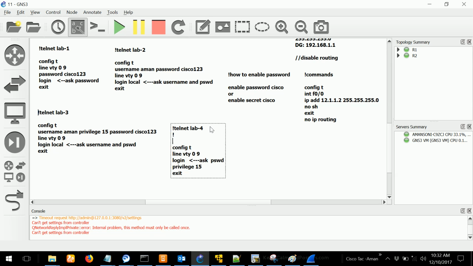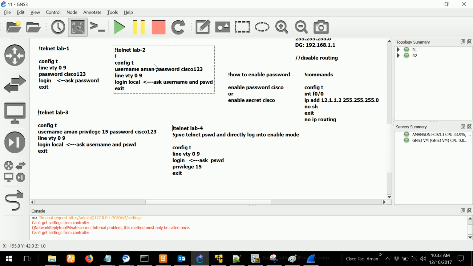So what this will do, give telnet password and directly log into enable mode directly. It doesn't matter who you are, because I am saying whoever is coming to the line VTY will be having the privilege 15 directly.